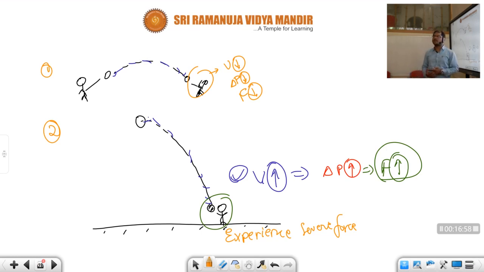So that is the reason you might have seen, while you are playing cricket and about to catch a ball coming from a certain height, you feel more force exerted on your palm. You may get pain also. Sometimes you get pain. Normally if you catch, nothing will happen. But if any object is falling from more height, the speed